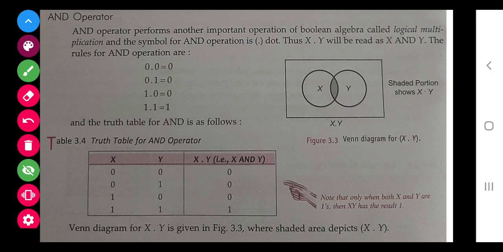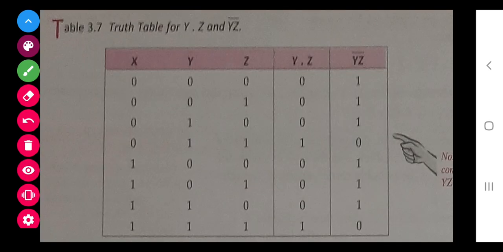As you have done in programming also, when you are using the AND logical operator and the OR logical operator, the same concept is here. It is actually developed from here. Now I want to teach you how to create a truth table in another way.